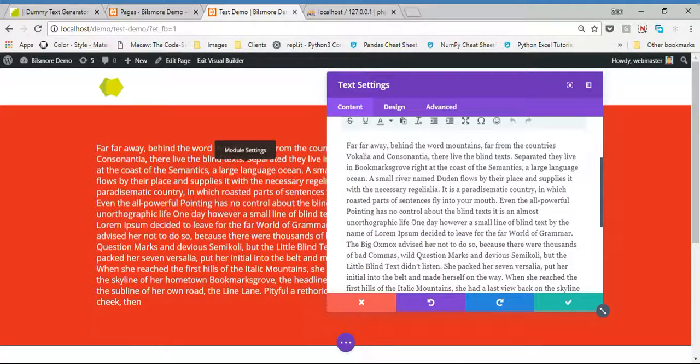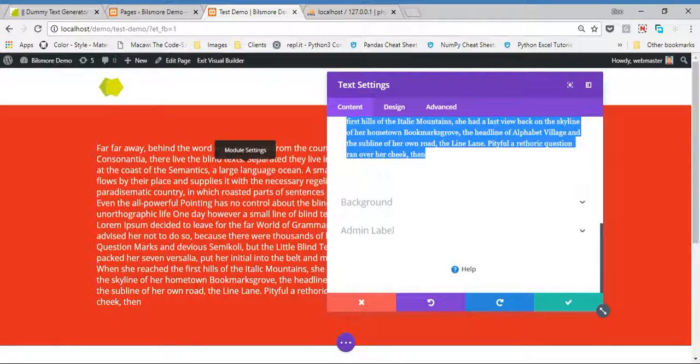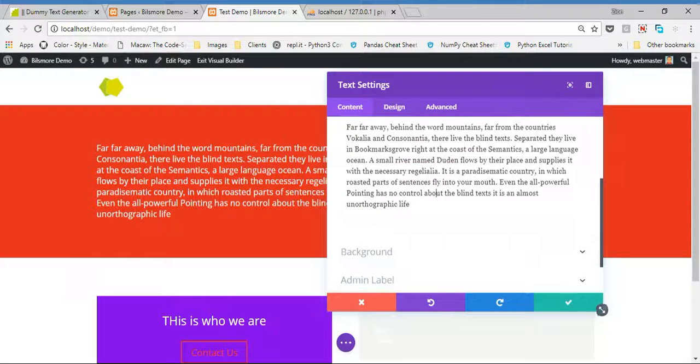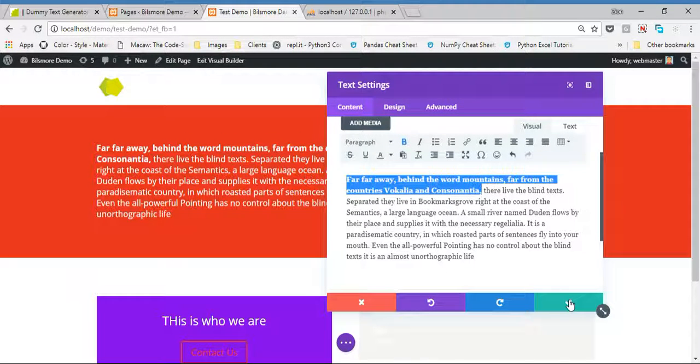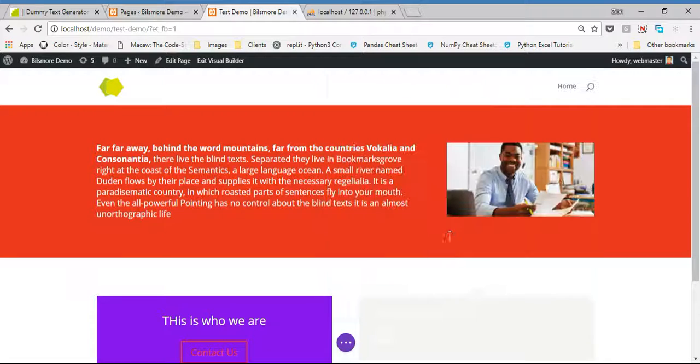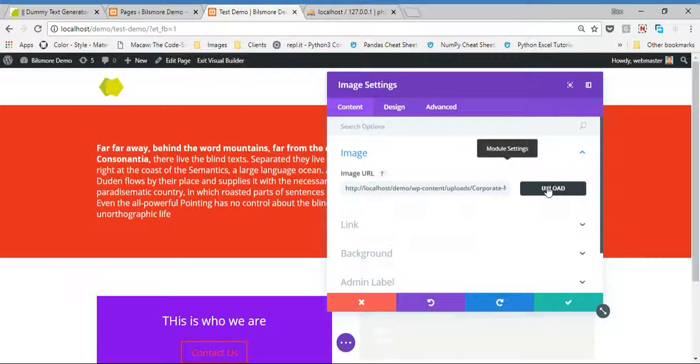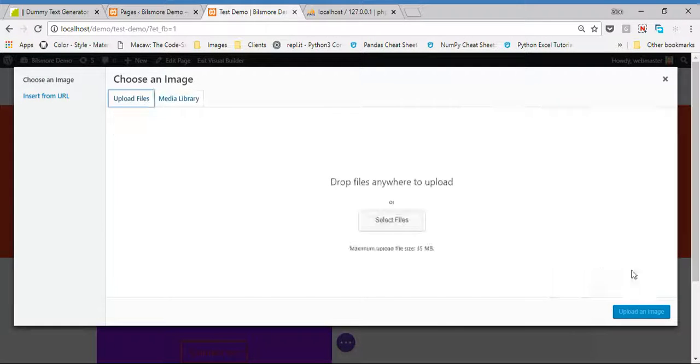And then this text box opens for me, and then I can take out everything or edit whatever is wrong with it. As you can see, whatever changes I'm making here are being displayed directly for me. I can decide to bold the first item here using the text editor and what have you. And basically, that's it. If you want to change this image module, you want to take it out completely, you have the option of doing that. You can bring in another image, upload file,